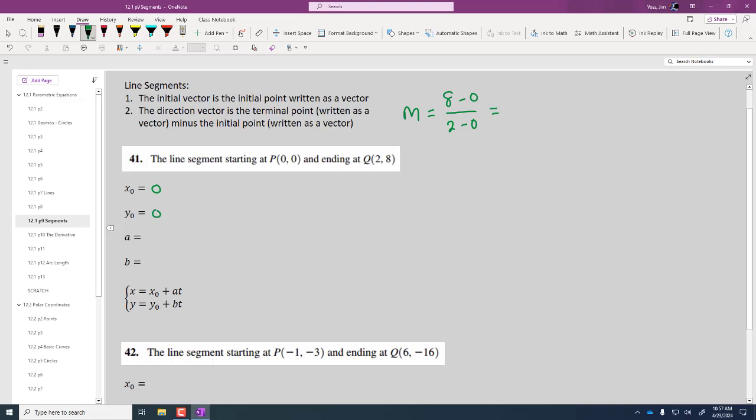So this is going to be 8 over 2, which is 4. You can think of it as 4 over 1. Now we could pick different values of a and b. As long as b over a is the slope, it doesn't matter what you pick. In other words, parametric equations are not unique. So let me show you what I mean by that. We could pick